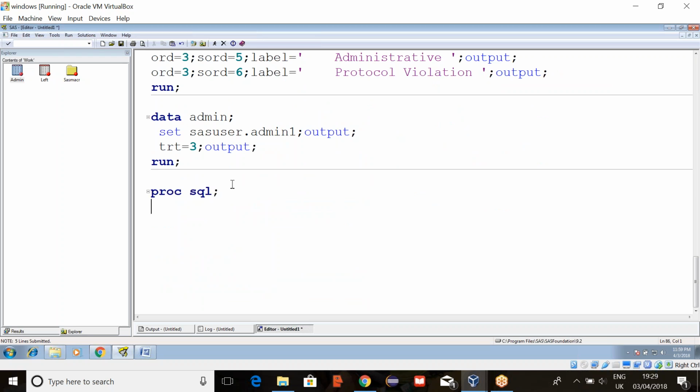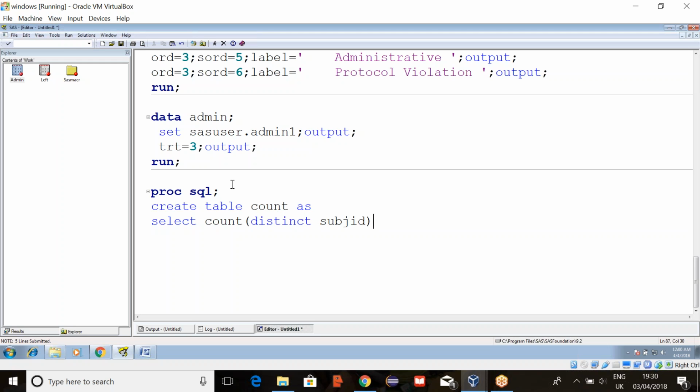So proc SQL, I'll create a new table, create table Table as count as. Now here, using select statement, select count of distinct subject ID.